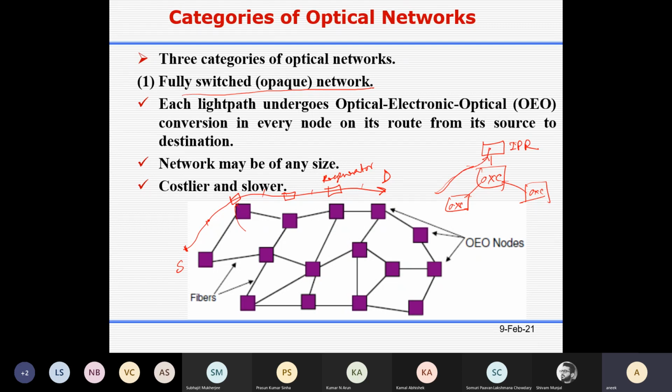Then in the IP router, basically it is IP packets. Suppose you have some traffic to send from this node to this node, and also you have some traffic to send from this node to this node. So basically this is one traffic stream, this is another traffic stream. So you are sending to the IP router. You are using this physical path, and let's say your light path is this portion.